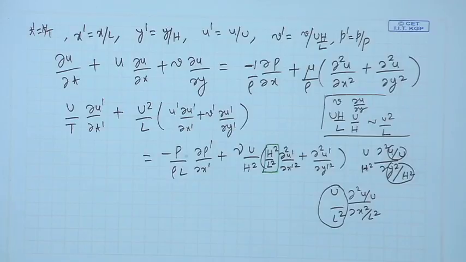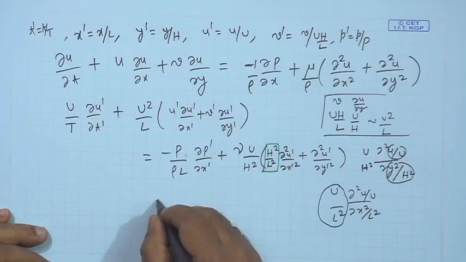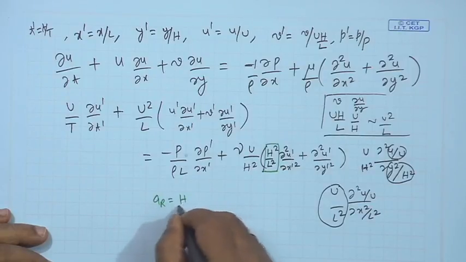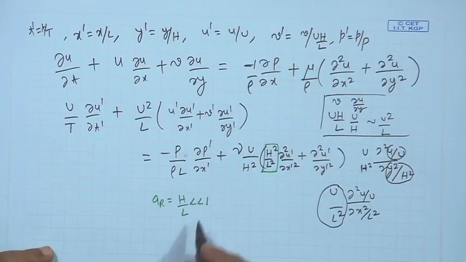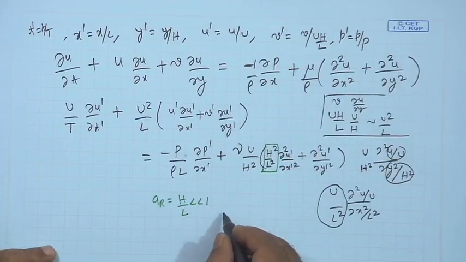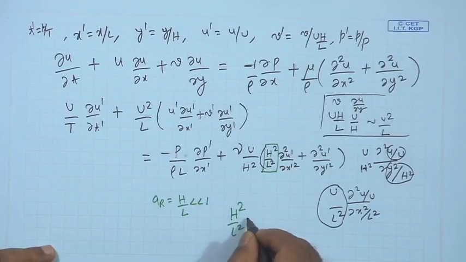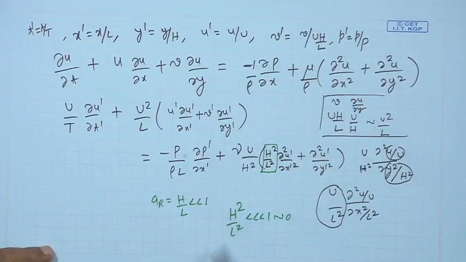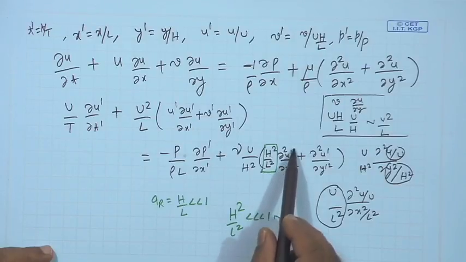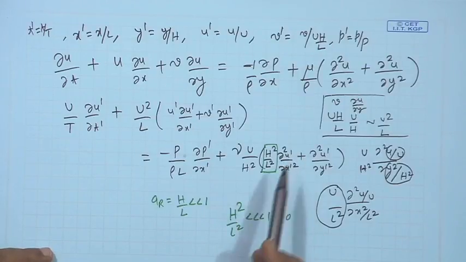That means, if one would like to go for a lubrication approximation, you call it the aspect ratio h by L, and if you go for this assumption, then definitely we would neglect terms that are much smaller than 1. So we are almost trying to neglect them, and the lubrication approximation is going to suppress the corresponding